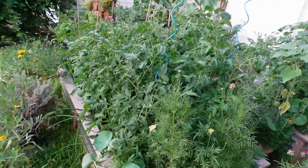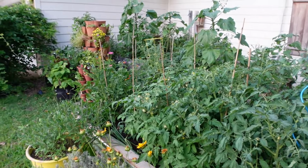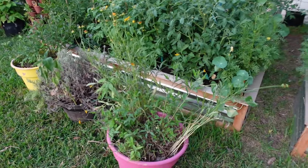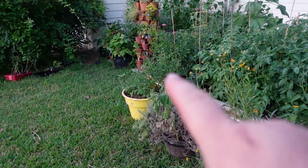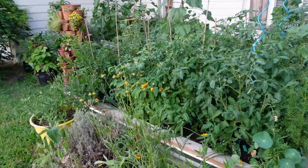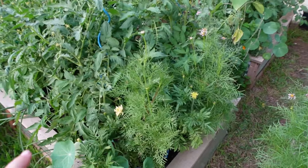Look at these tomatoes. Got to get in here and kind of aerate them. That's the tunnel. And then we have some plants out here. This I've just got to get rid of, but we have some flowers that are in here, and then over here in this yellow one that all got to be taken out and put into the pollinators garden that I started to clean, but it looks like I'm going to have to clean it again because it's already grown. And then we've got some zinnias and some marigolds that are coming up